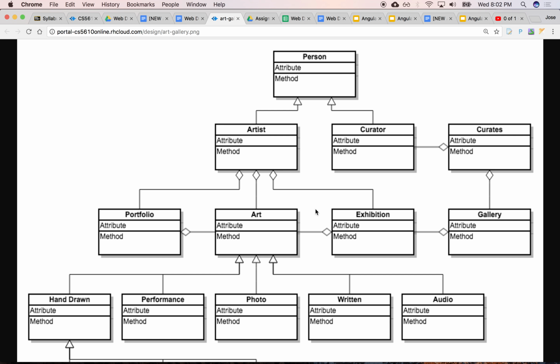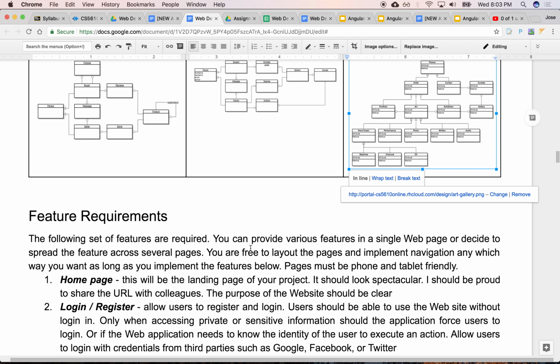And that goes in an exhibition in a gallery. So here you have a curator. A curator is a person who curates a gallery. In that gallery, you can have many exhibitions, right? And each exhibition can have many art pieces listed. Okay, make sense? So that allows you to capture the relationships between all these types of data pieces.